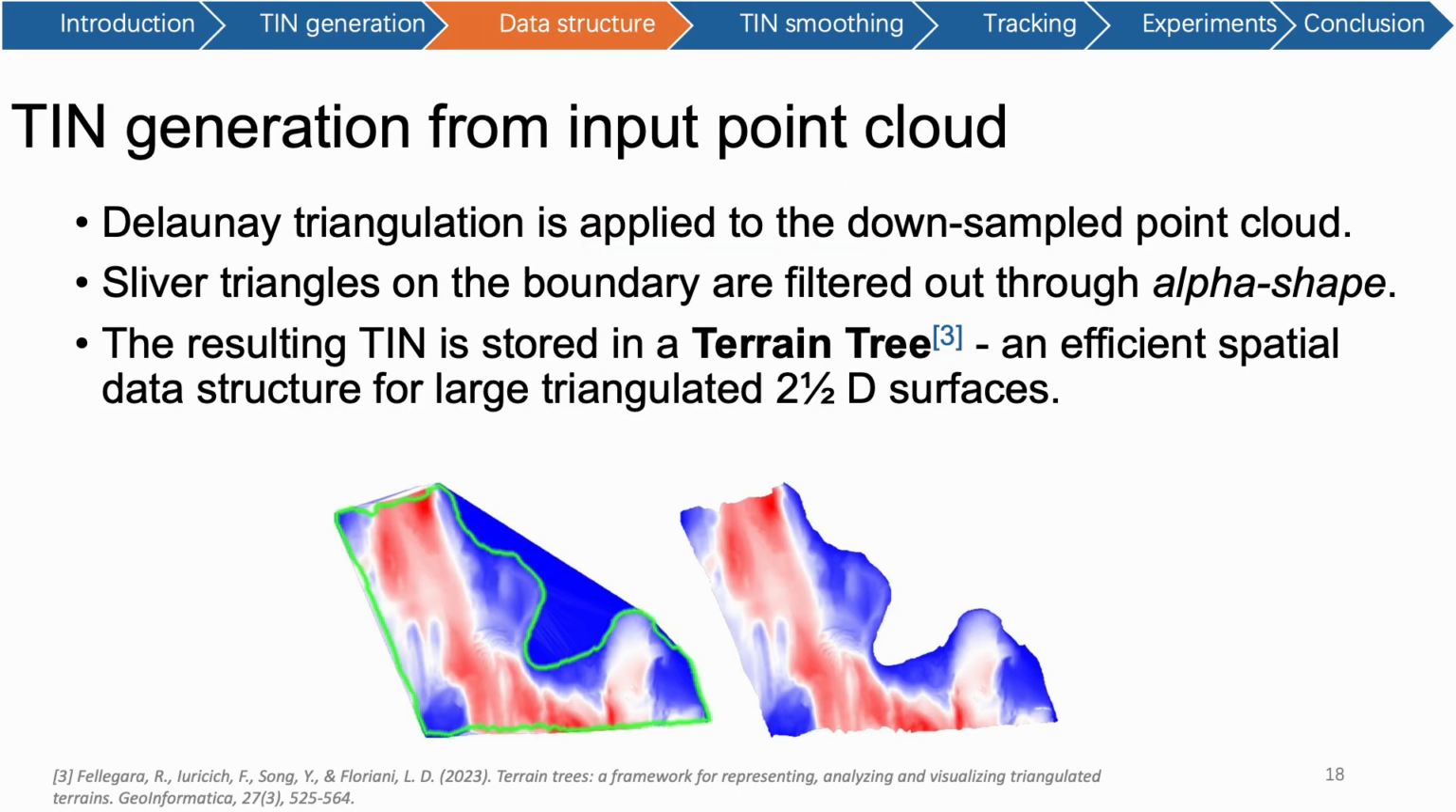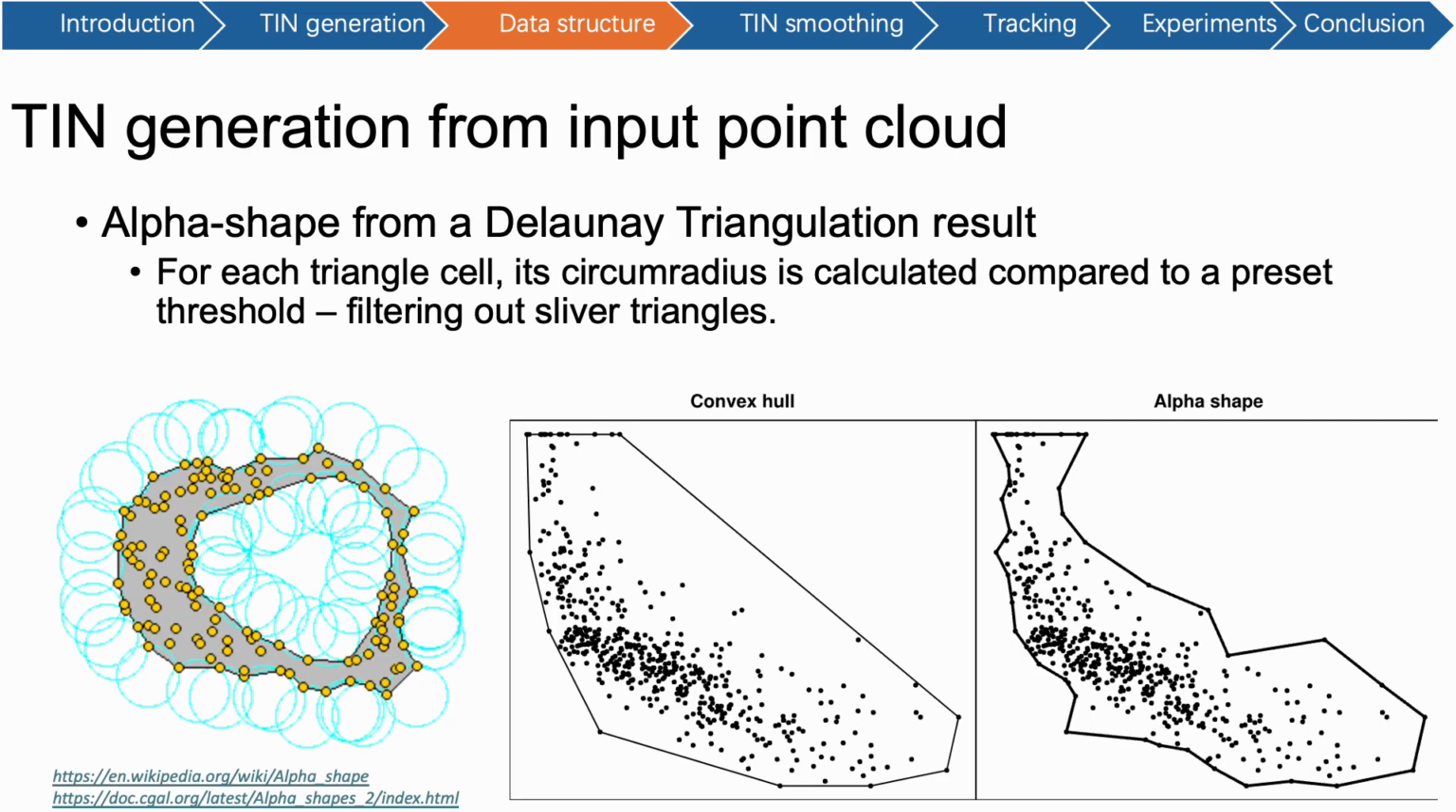With the preprocessed point cloud, Delaunay triangulation is applied, and the sliver triangles on the boundary are filtered out by alpha shape. The resulting TIN is then stored in a terrain tree, which is an efficient spatial data structure for large triangulated 2.5D surfaces. Alpha shape is derived from a Delaunay triangulation result. For each triangle cell, its circumradius is calculated and compared to a threshold, which helps us filter out sliver